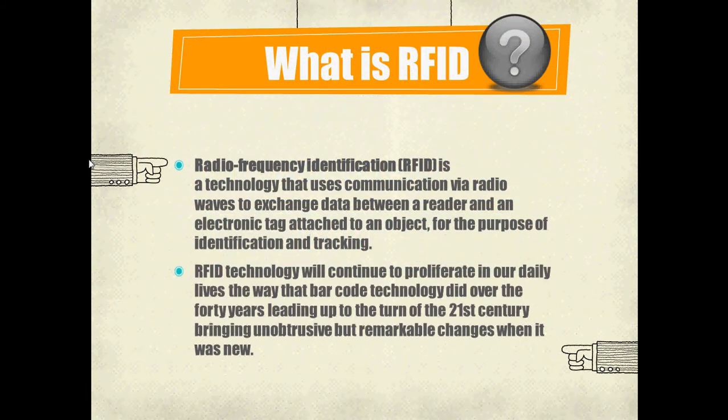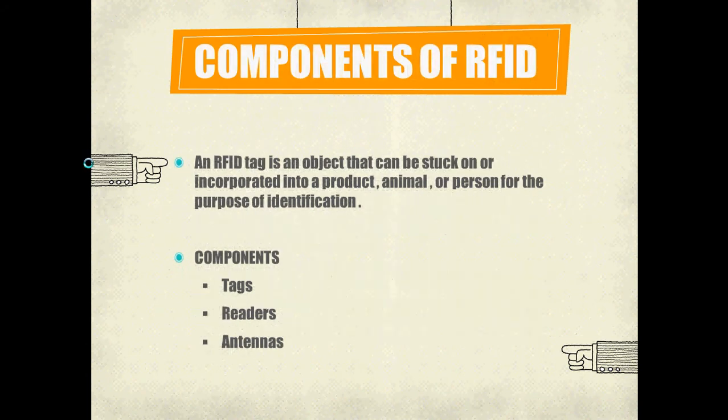It's a dedicated short range communication technology which is used to describe various technologies that use radio waves to automatically identify people or objects. The components used in this technology are a tag or a transponder with internal antenna circuitry, a reader to read the tag details, and a host computer.